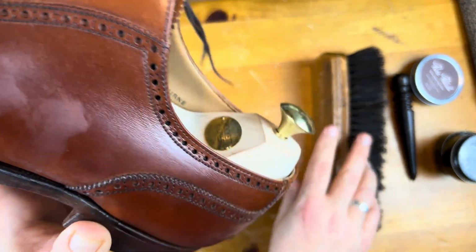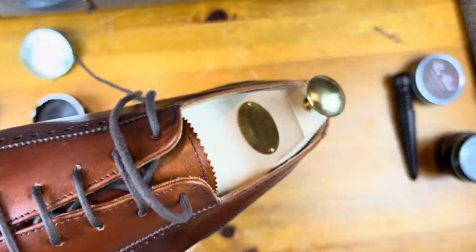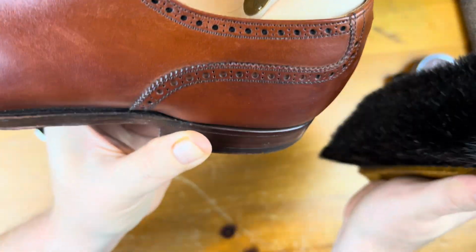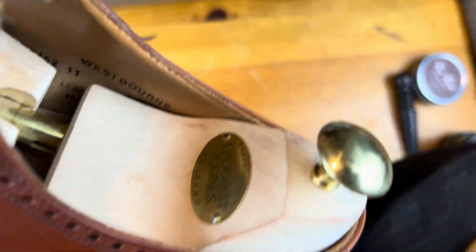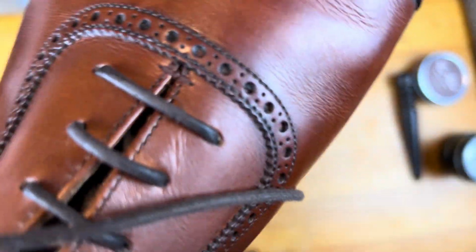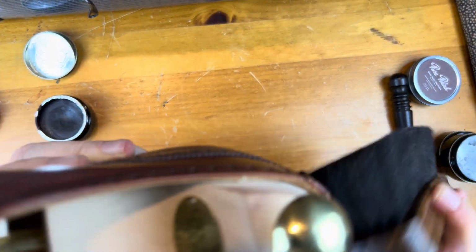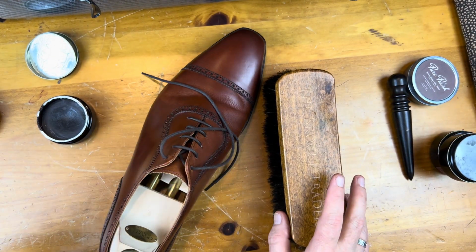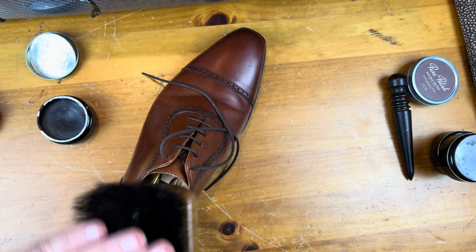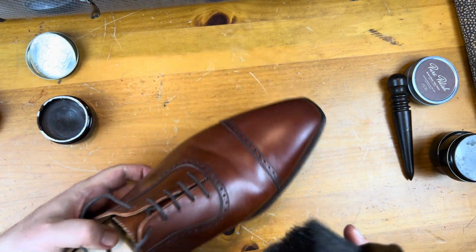All right. Yeah, we got some fingerprints on the shoe, just holding it. So we're just gonna brush those in. We're gonna brush here. Now, traditionally, what I would do, and what I did on the other shoe, is at this stage, I let this dry for about an hour because it needs to dry. But what I'm gonna do instead is I'm going to dampen my brush a little bit,